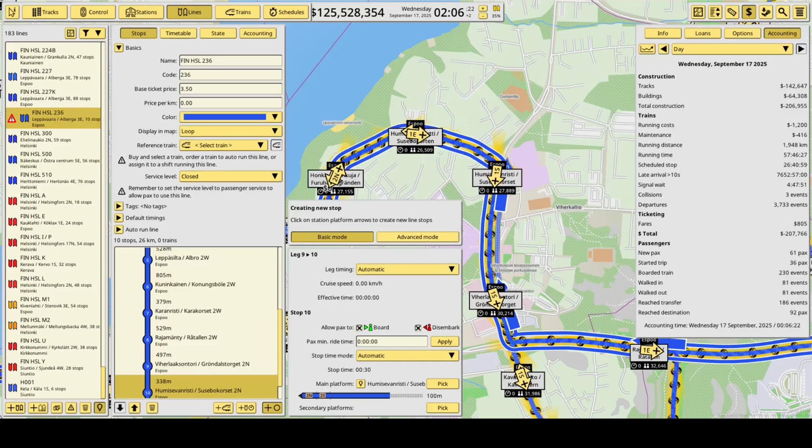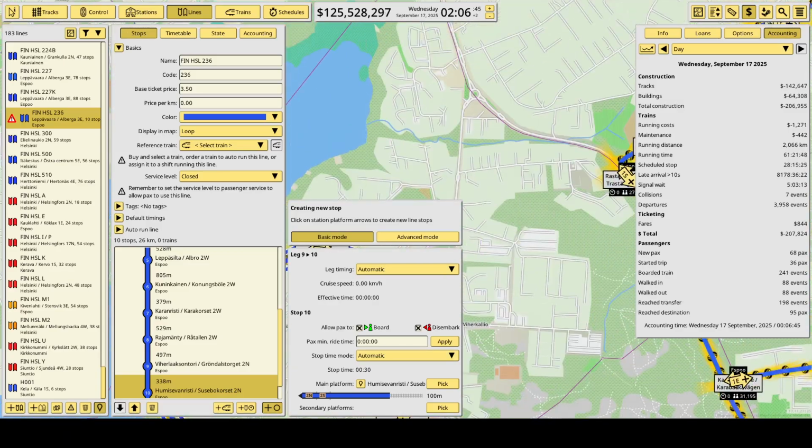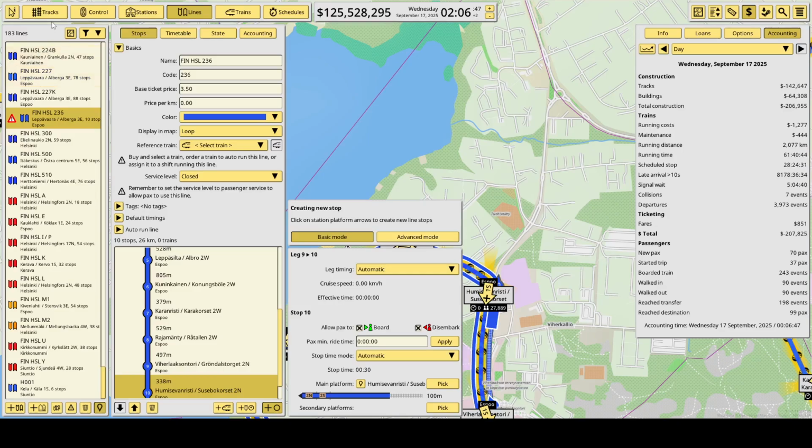So the following stop after Humisevan Risti is called Kahiseva. I mean, who names these stops really? Let's see where I was. I'm somewhere in here. That's right, Kahiseva Frasabek. And the stop is located right over here.